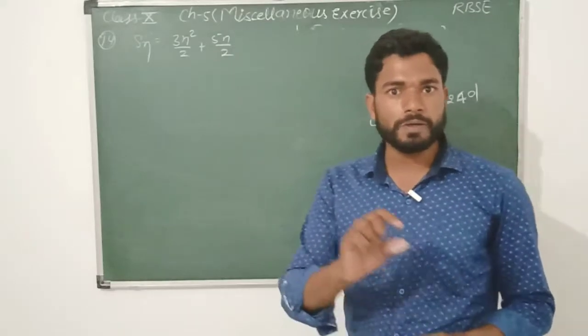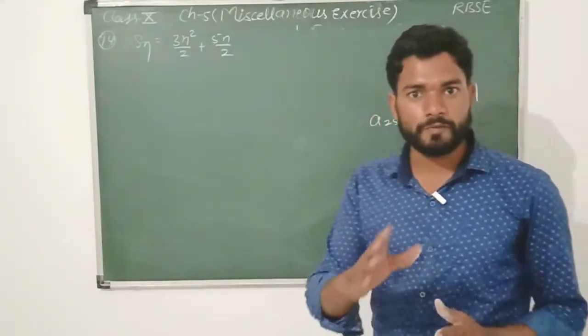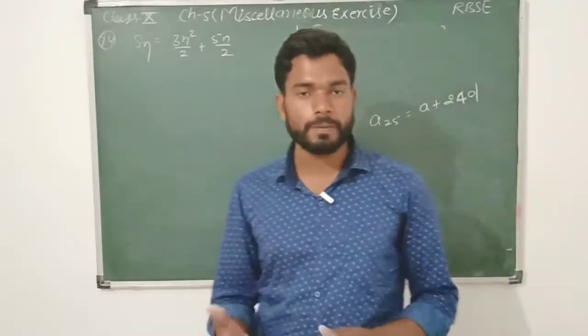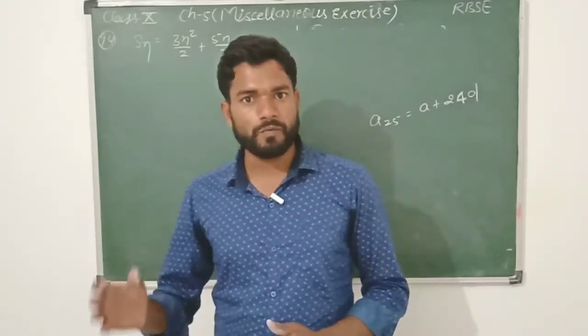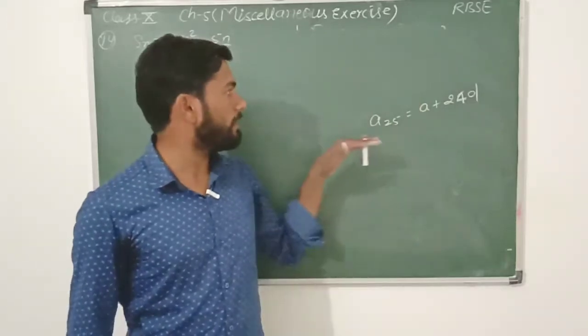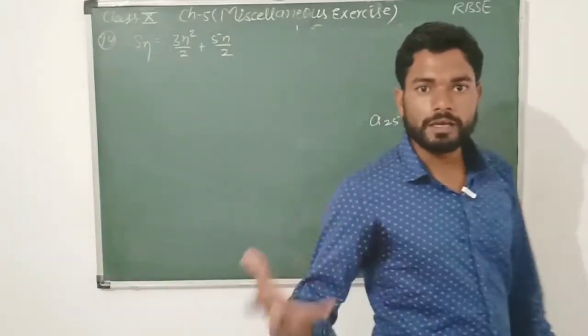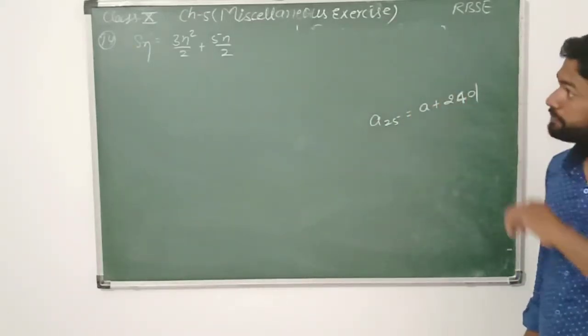So our first target is to build an arithmetic progression. We will calculate the first term, then the second term, then the third term, then the fourth term, and with the help of these terms we will calculate the value of a, and after it the value of d. Finally we will apply both values in this formula, and our answer will show in front of us.